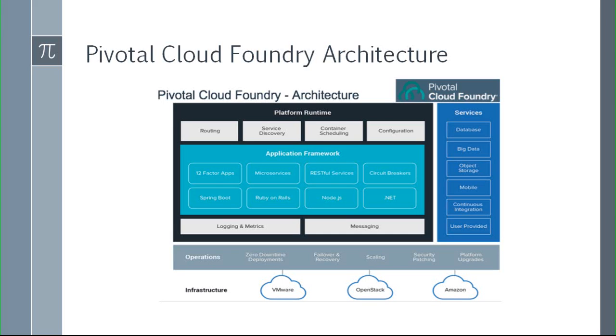Infrastructure as a service is one of the categories in cloud computing. Other categories are platform as a service, and software as a service. Even you can have function as a service, and even science as a service. But if I talk specifically about OpenStack as an infrastructure as a service,